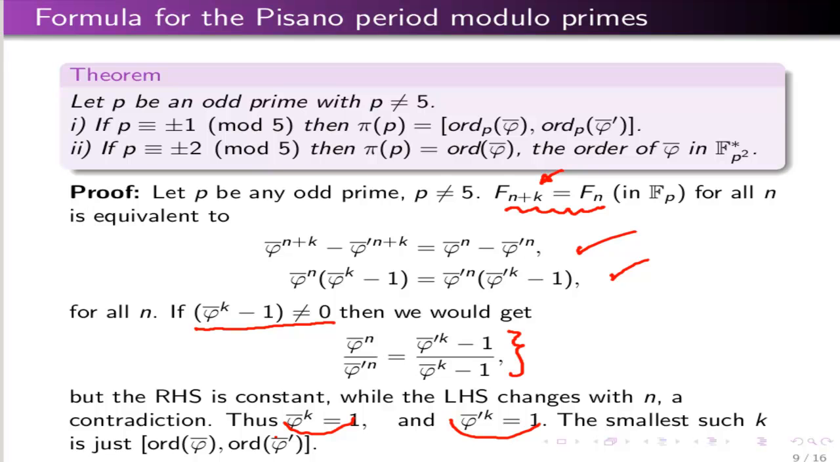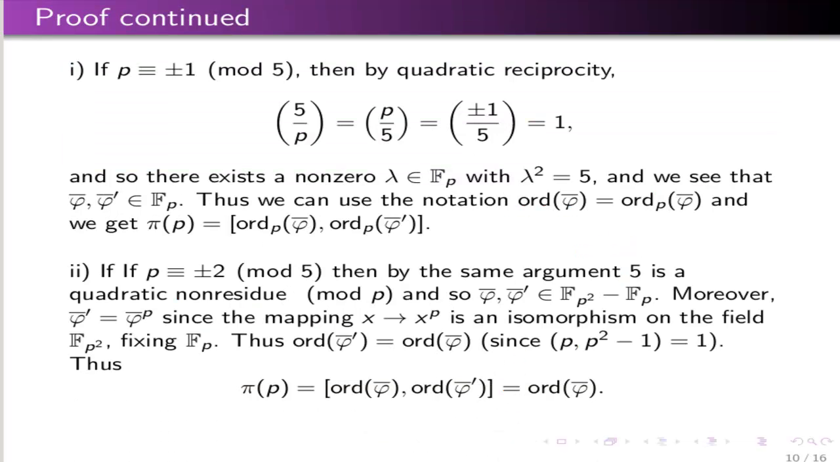Now let's look at these particular cases here. If p is congruent to plus or minus 1 mod 5, then by quadratic reciprocity, since 5 is congruent to 1 mod 4, we can invert. (5/p) becomes (p/5), and p is congruent to plus or minus 1, and plus or minus 1, those are the two quadratic residues. So 5 is a quadratic residue,